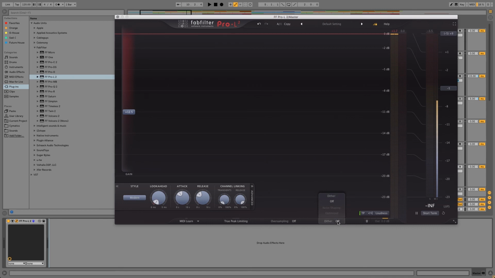Finally, one last actual parameter that I would like to show you is the dithering feature. Dithering is something you could do within the Ableton Live DAW, but also you can do it from within this limiter. I'm going to use 16-bit dithering since I'm working within a 16-bit environment. And what dithering does is that it basically introduces some noise on purpose. It introduces a noise floor so that when you're going to be transcoding your wave rendering or your AIF format render,